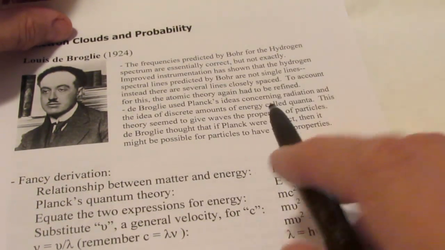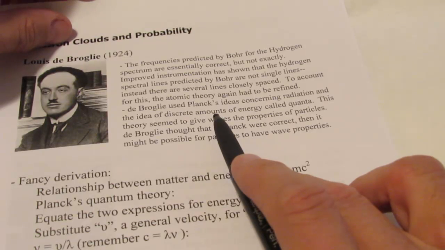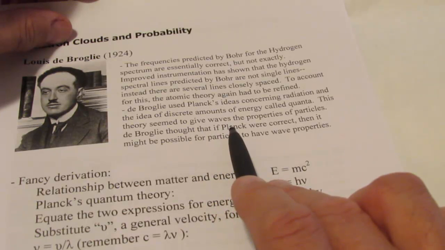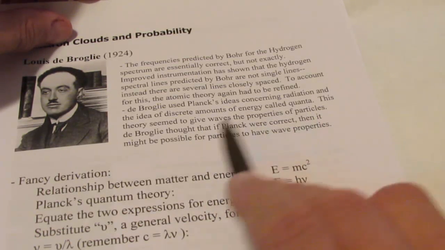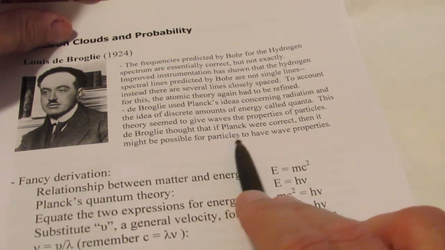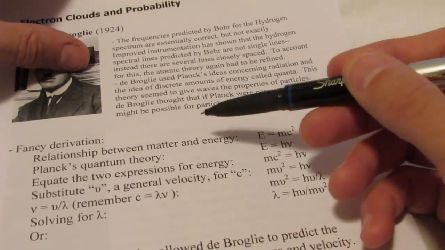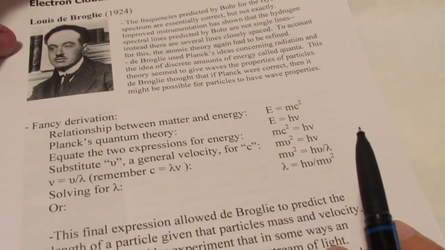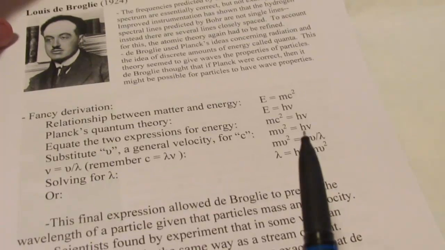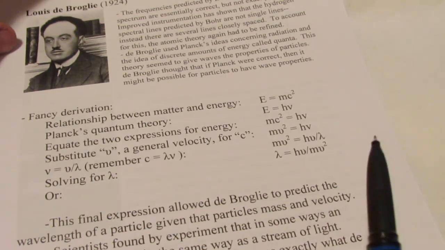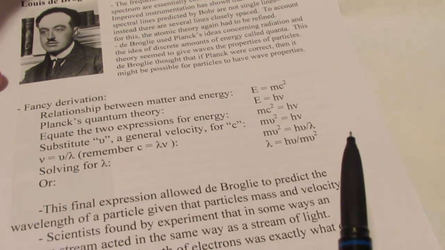De Broglie used Planck's idea concerning radiation and the idea of discrete amounts of energy called quanta. This theory seemed to give waves the properties of particles. De Broglie thought that if Planck were correct, then it might be possible for particles to have wave-like properties. Now, we're not going to go through this fancy derivation. I've decided to leave this out of our notes in our curriculum for the year. But let it be said that there is a de Broglie equation that allows us to predict the wavelength of a given particle if we know that particle's mass and velocity. And sure enough,